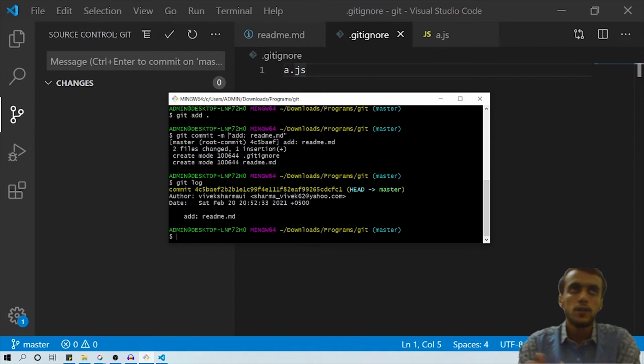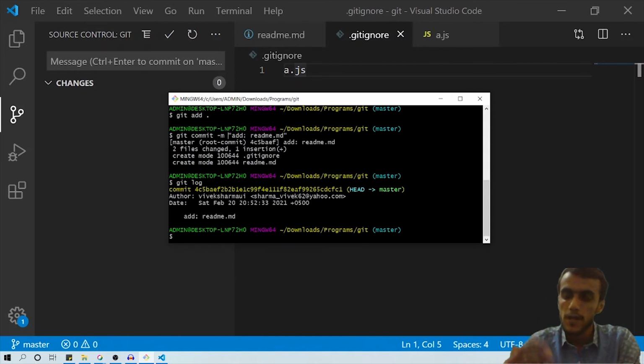So first of all, let's discuss what a branch is. A branch is like a separate environment for a developer. Suppose seven developers of a developer team are working separately, and then they need to merge these changes into a single branch, so they will need to create a separate branch for those changes.